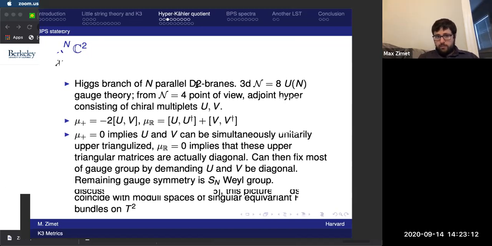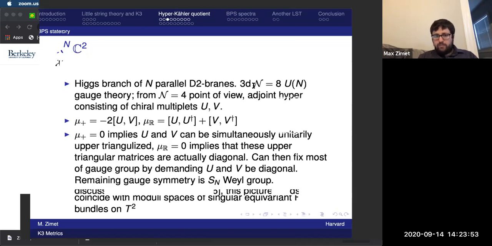The moduli space of these D2 branes, the transverse directions to them are, I guess, R^7. And then furthermore, there's an M-theory circle. So there's an extra S^1. And then the moduli space will involve a quotient by the symmetric group because the N D2 branes are all the same. So one really expects the moduli space here to be Sym^N of R^7 times S^1.